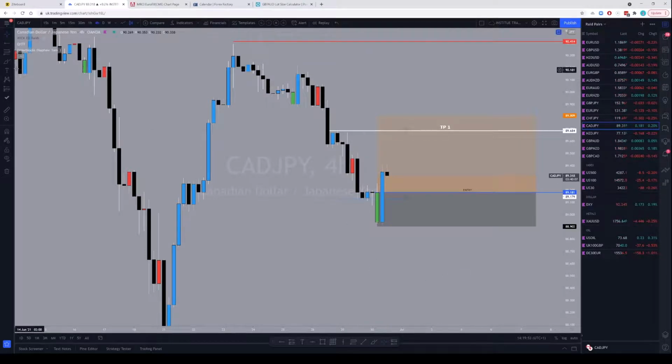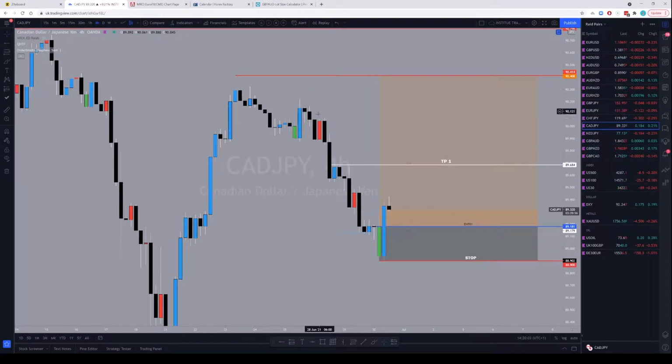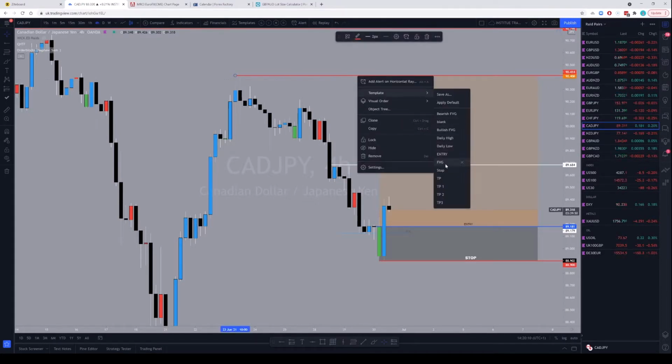Entry will be here, stop loss goes here, first TP will be there, then I'll leave the rest, but I'll take something off somewhere in here in between the second TP and the first TP. I'll take